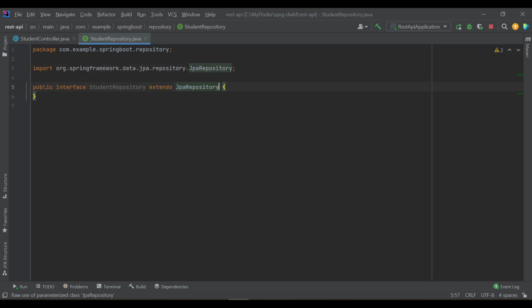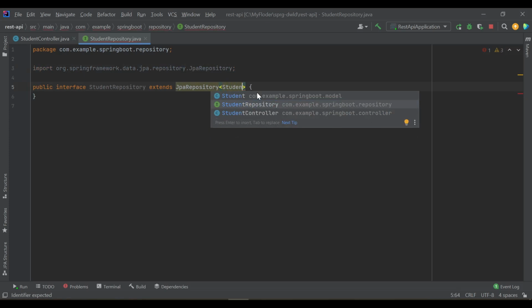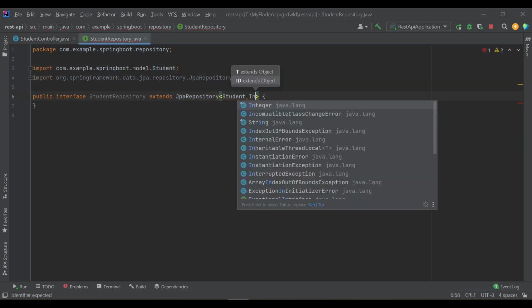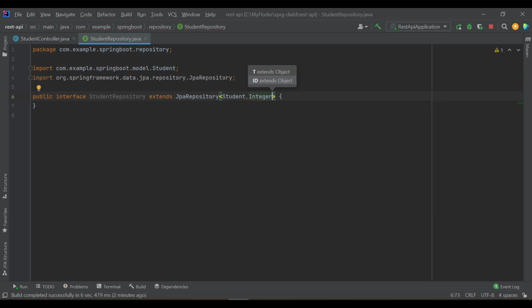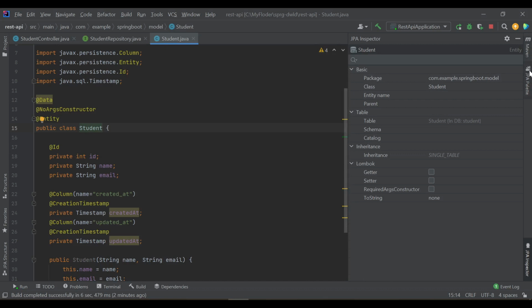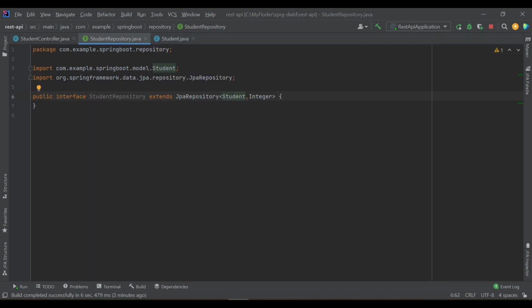It is from JPA repository, and it should have a domain class, which is our student, right? Here is our model. And the next, what is your data type, your primary key? In our case it is integer. So if you go to student, okay, so our primary key data type is integer, so I am selecting integer.